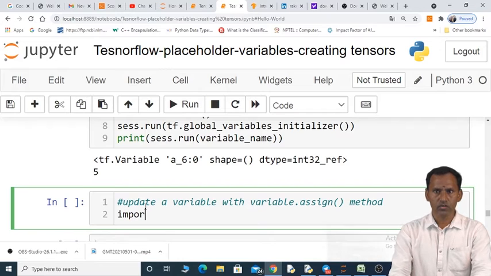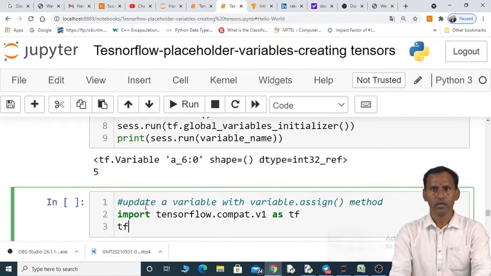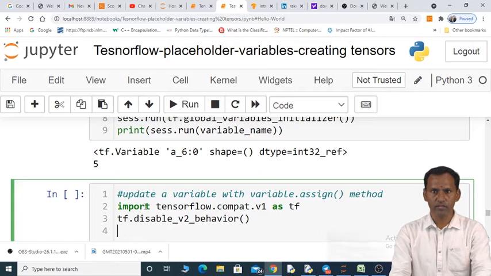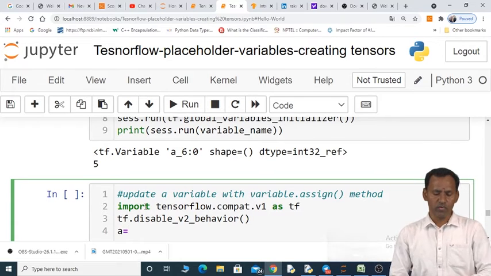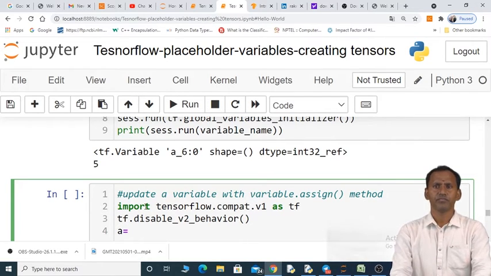So first of all, as I already told, we have to import TensorFlow.compat.v1 as tf and disable v2 behavior. After that, we have to create a variable. I'm creating variable a equal to tf.Variable, with initial value 10.